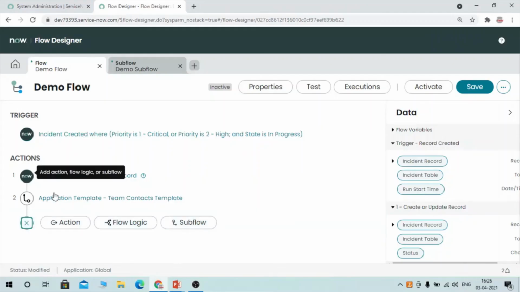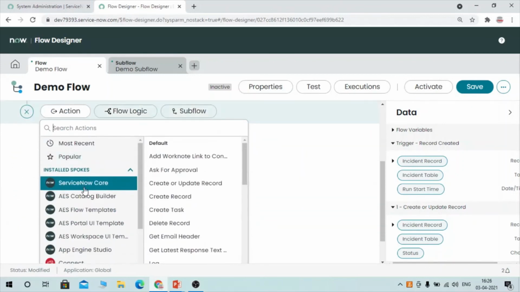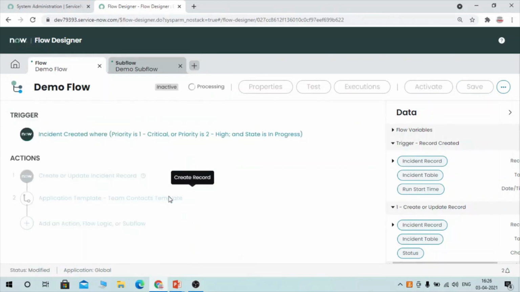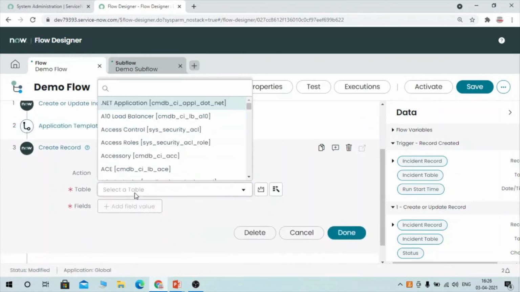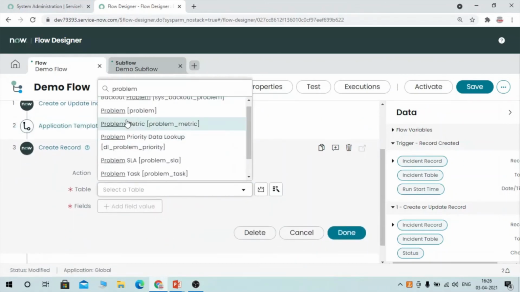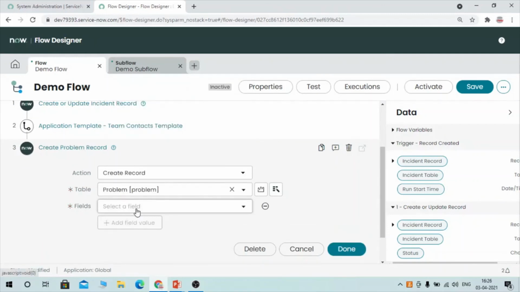To implement our next example, which has to be done on create record, because we have to create a problem record along with our incident, here you have to select the problem table, and select all the fields which you want to populate.